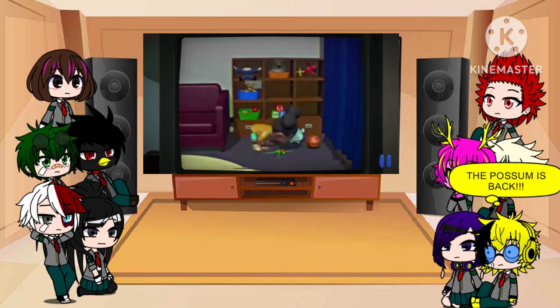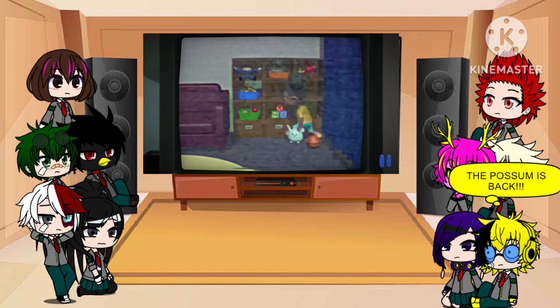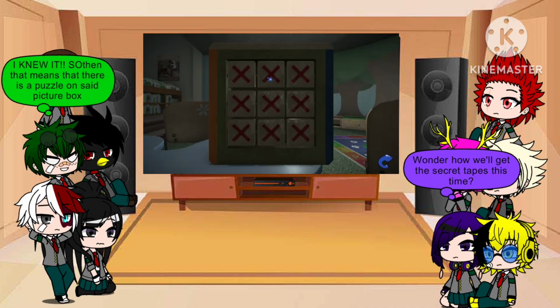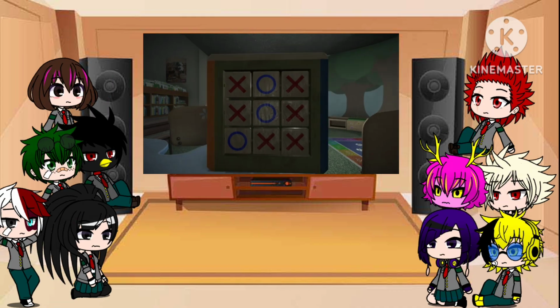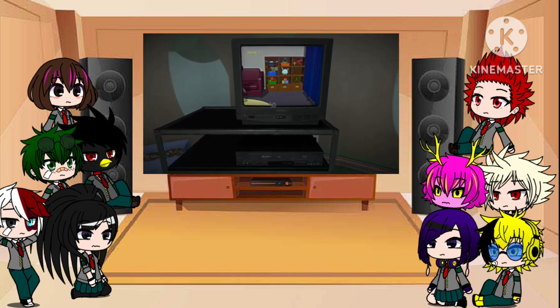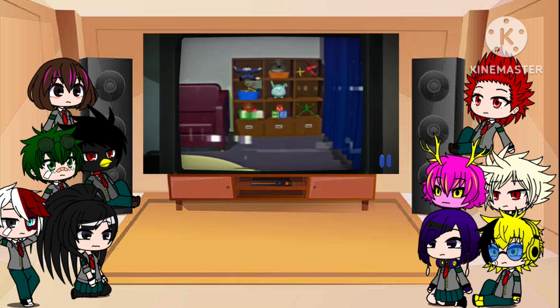As Amanda returns the toys to their positions on this shelf, you may notice that some appear circular and others cross-shaped. This corresponds with one side of the picture box, where there are a set of 9 tiles that can be flipped to show either a naught or cross symbol. The bookcase has 9 boxes, just like the picture box, so simply match the correct symbols to the toys on the shelf and hey presto, we solved the first part of the puzzle.